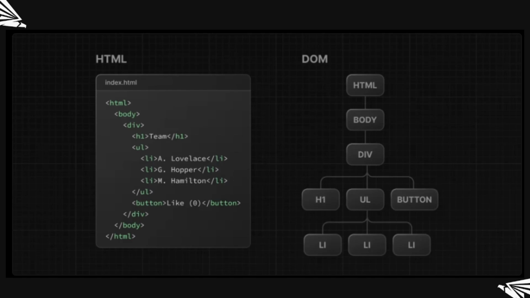But in this case, the browser cannot interact with that paper. The browser cannot interact directly with your HTML. So it needs something that it can work with. Your browser takes, in this case, your HTML, still using the analogy of your plan, right? It takes that